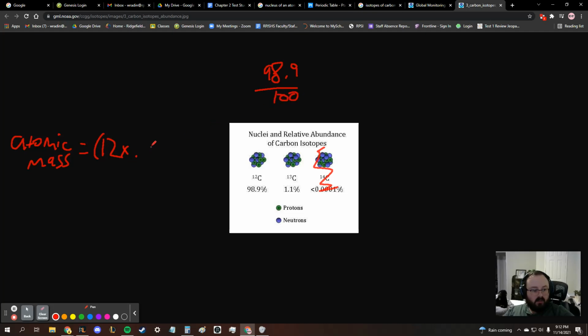This gives you your decimal: 0.989, plus a mass of 13 times 1.1 over 100, which would give us 0.011. And if we put this into a calculator,